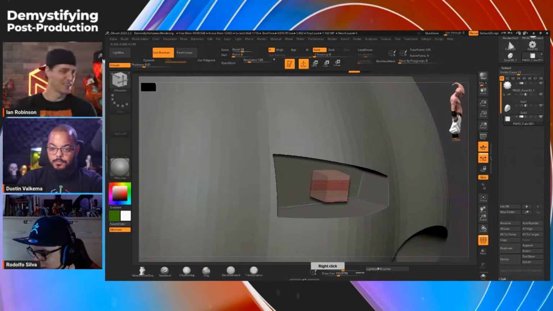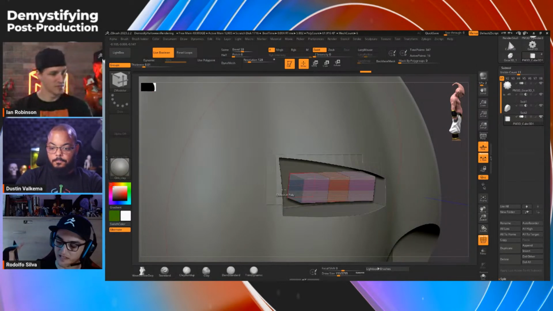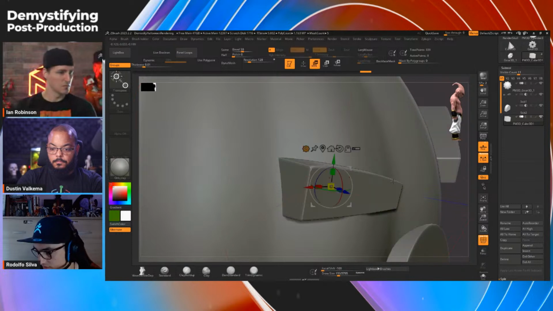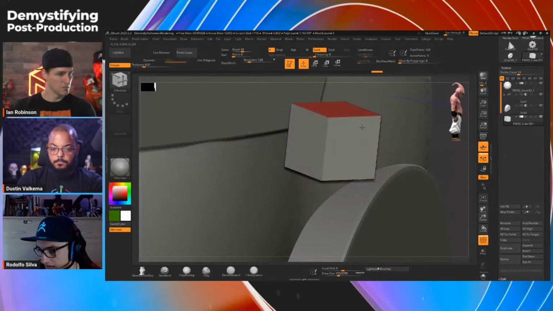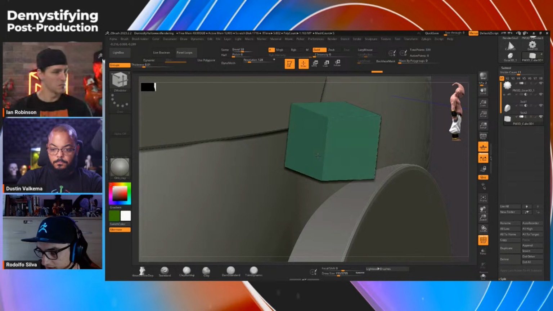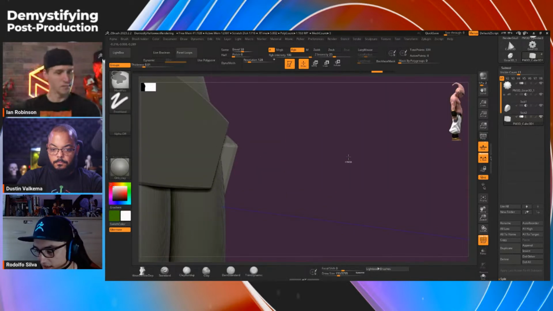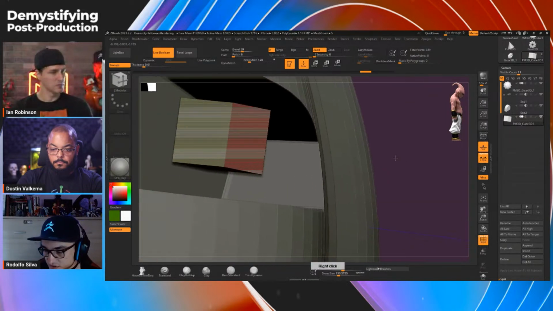It's confusing. But I could have done this to create this space for the window, or I could use polygroups with ZModeler. If I Alt paint on this side and then just tap, it's easier to see if I push it back and turn off live Boolean. I'm painting polygroups, then let go of Alt and just tap, tap, tap. There we go, and we have multiple polygroups over there. I could use that instead of the symmetry as well,